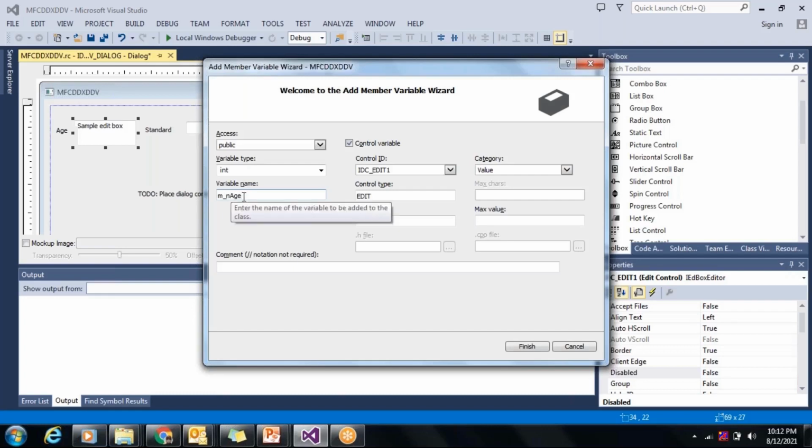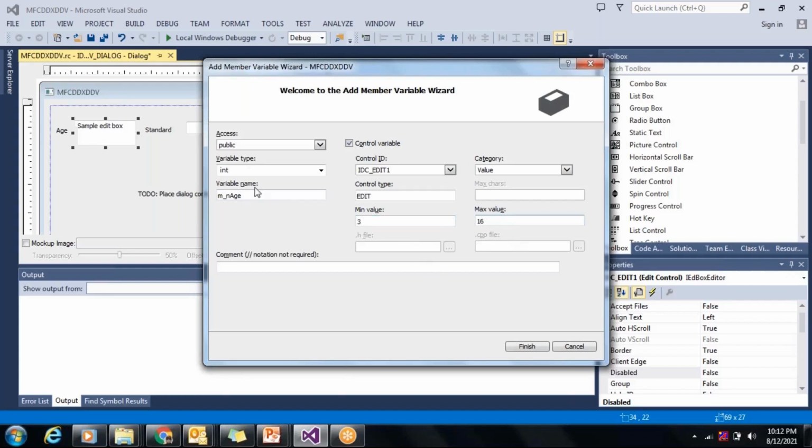So n indicates it is an integer variable. Either you can use n or you can use i. I will give the minimum value as 3, since it is a student management system, and the maximum age is, let's say, 16.